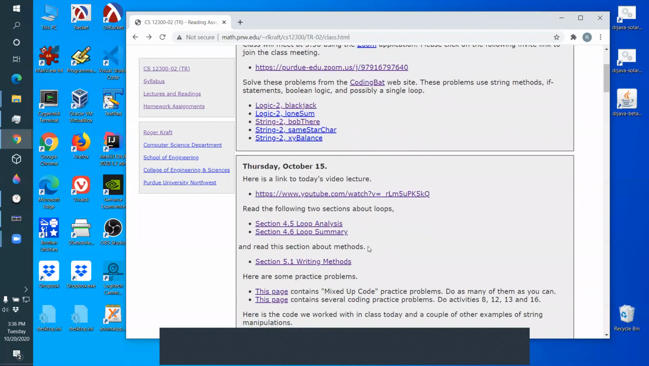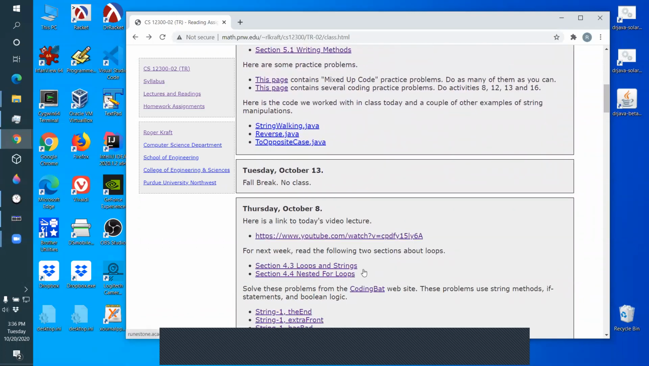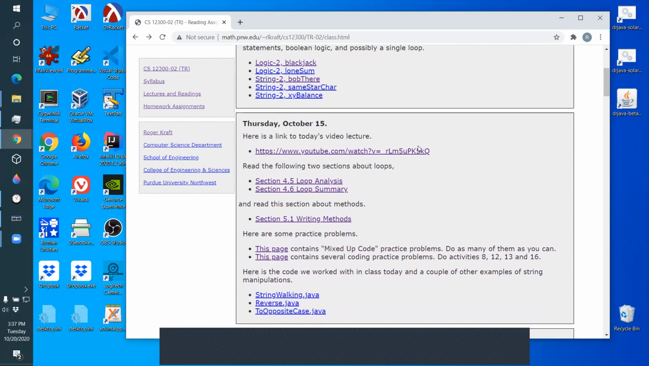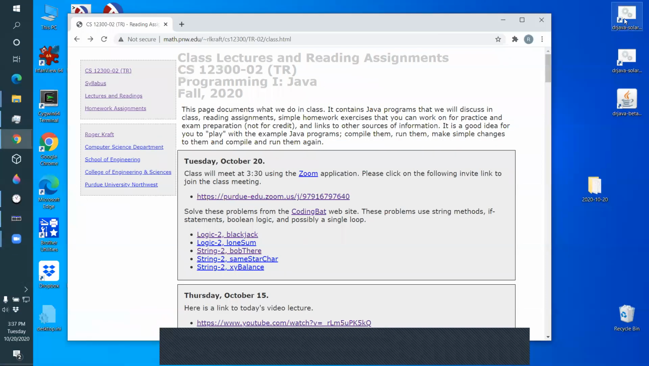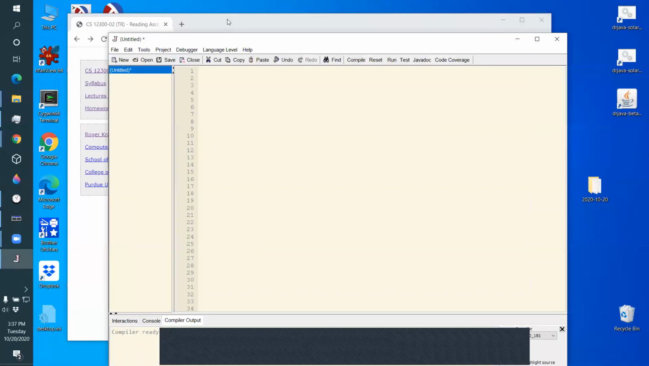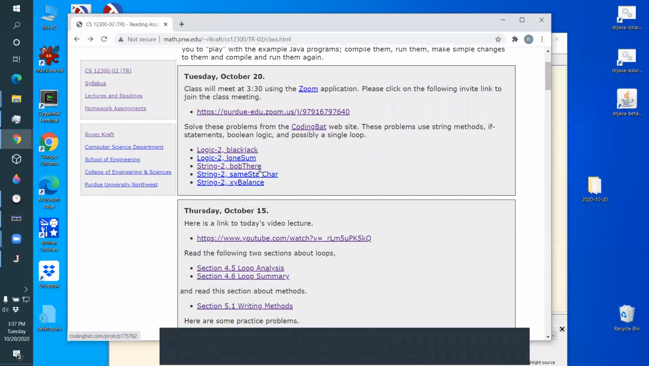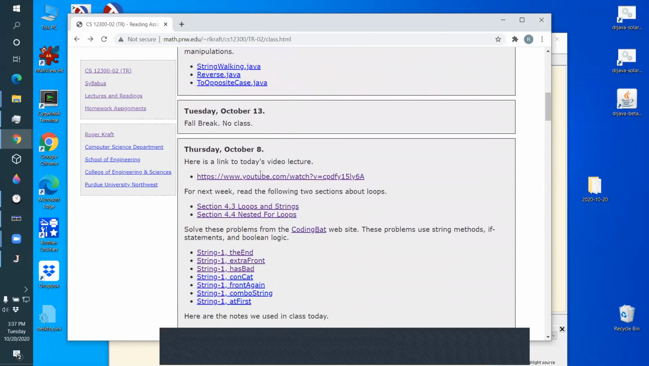All right, so what we want to do is start talking about nested for loops. Okay, now let me start up DrJava to just show you a quick thing of what I mean by nested for loops. Okay, so for us, if we go back here, let's see, I think